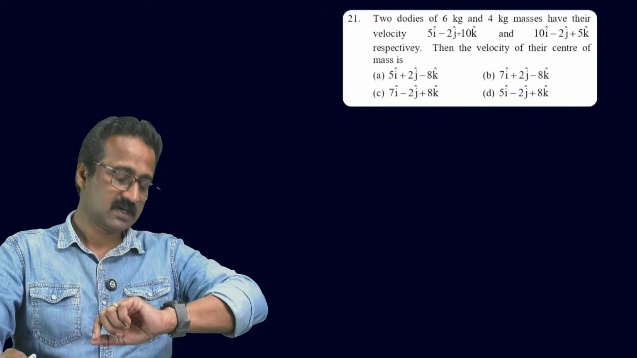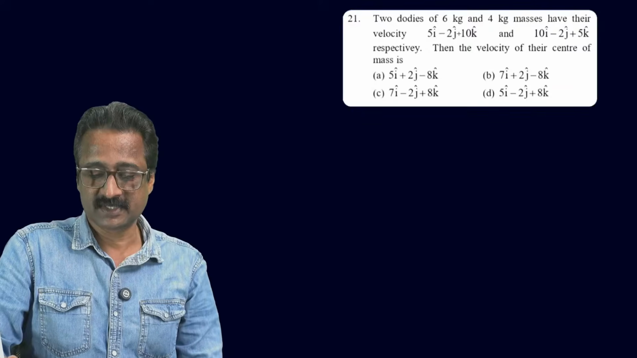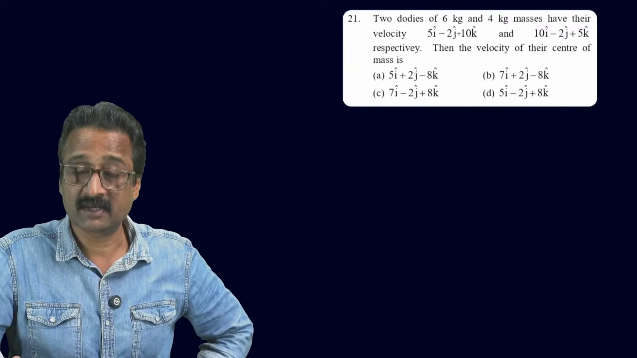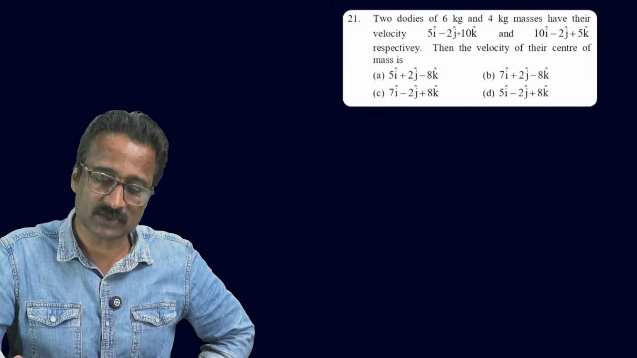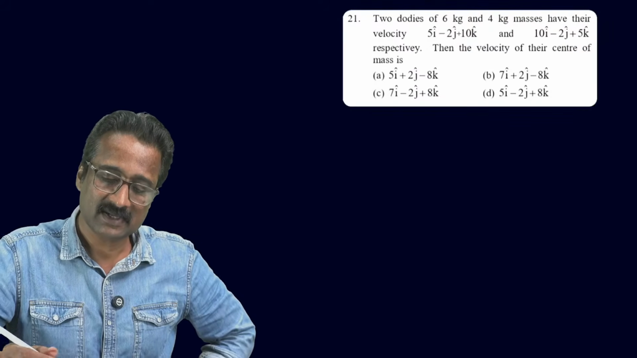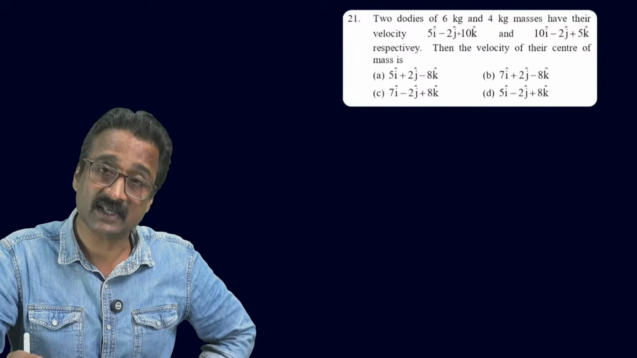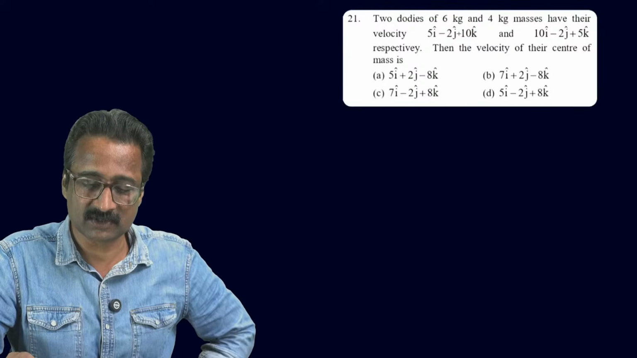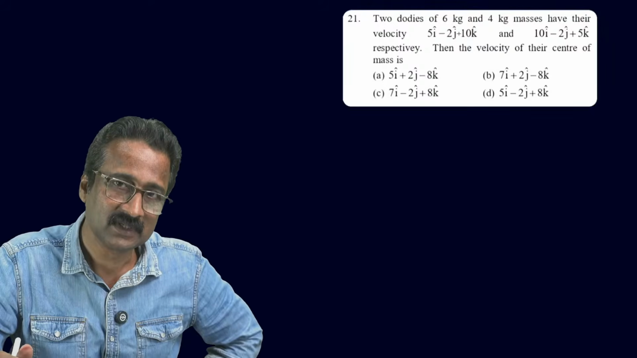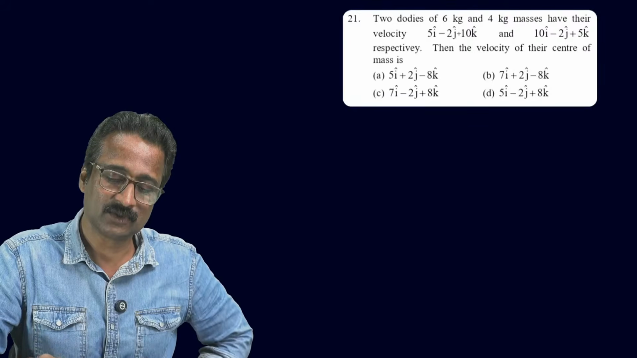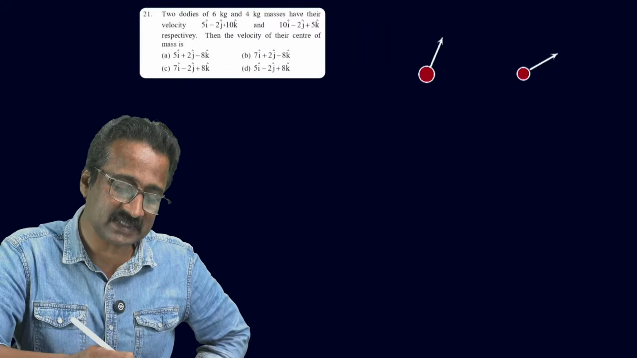21. Two bodies of masses 6 kg and 4 kg have their velocities 5i minus 2j plus 10k and 10i minus 2j plus 5k respectively. Then the velocity of their center of mass will be. This is about VCM. Two bodies are supposed to have two velocities. Example again,